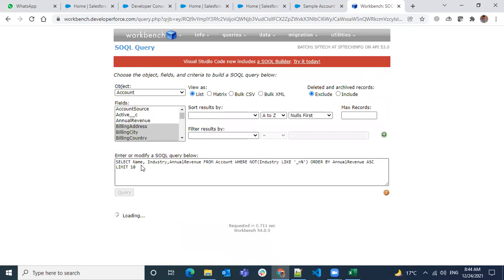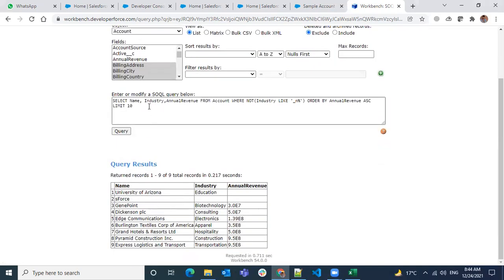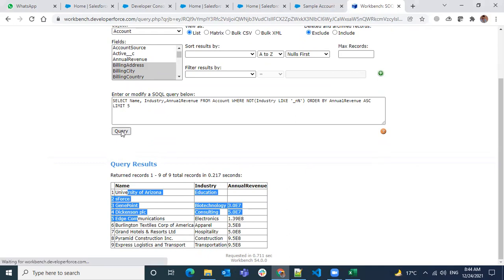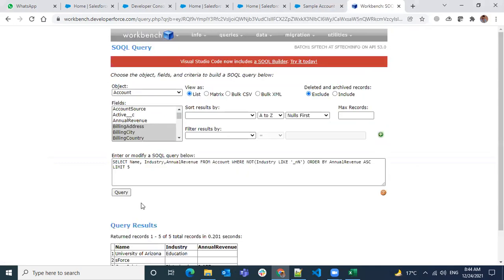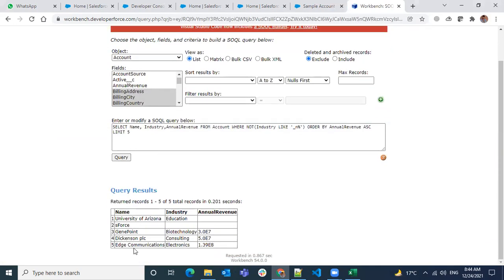If you're giving a limit which is less than the actual result, then only you will see the difference. So when you're saying a limit of 5, it will take only the first 5 records. Here I'm using ascending. If I use descending order, then it will be a different list.